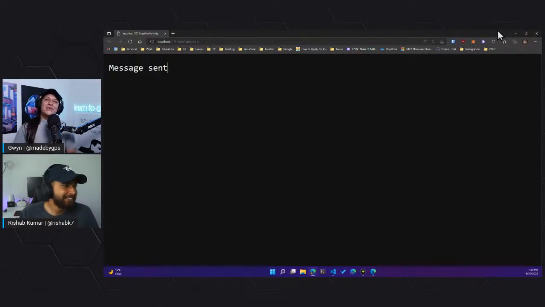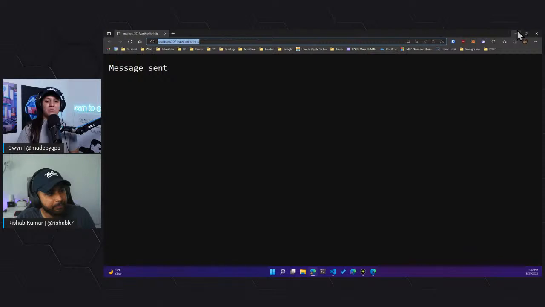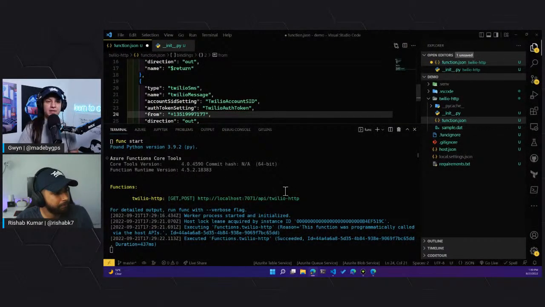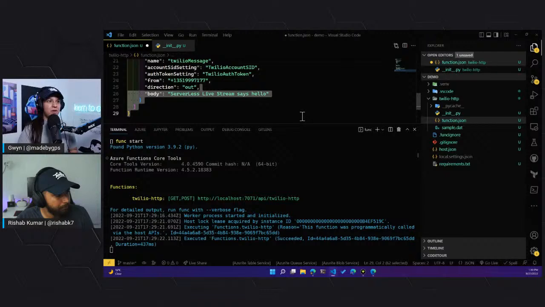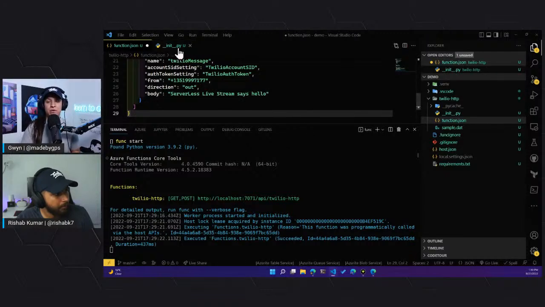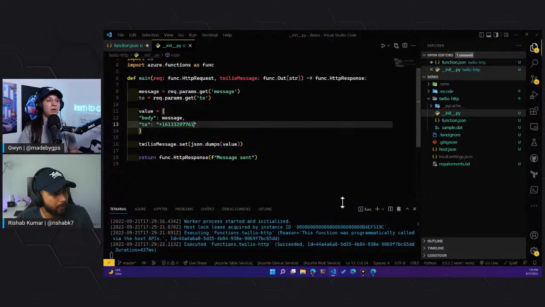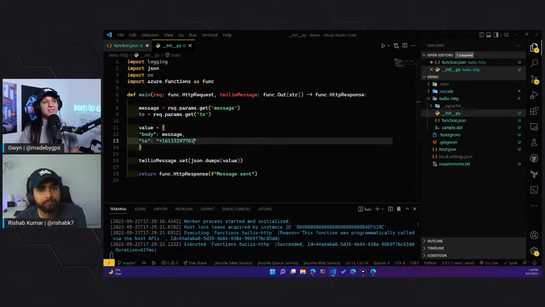I think we've hit a couple of things here, and with very little configuration, essentially just pulling from the documentation of the binding and of functions, we could get this going. And it's that easy and that straightforward to get SMS integration with your serverless projects. Of course, you'll have to have credits and a number, and you have to sign up for Twilio and all those kinds of things. But it's very doable, and the documentation is a great way to get started.